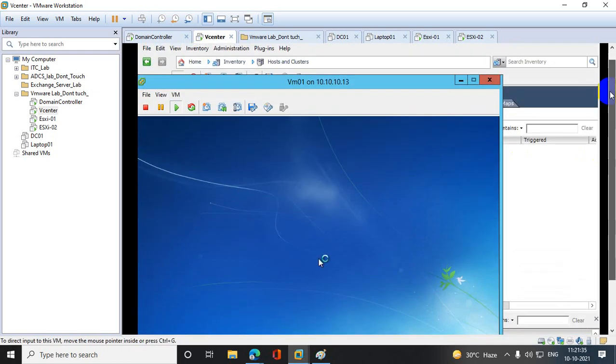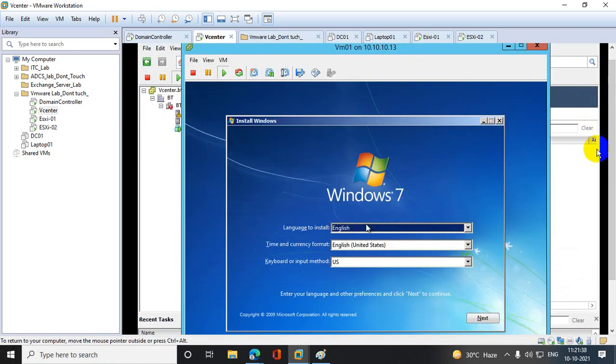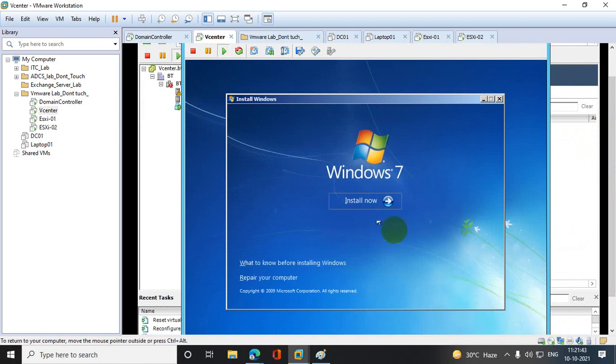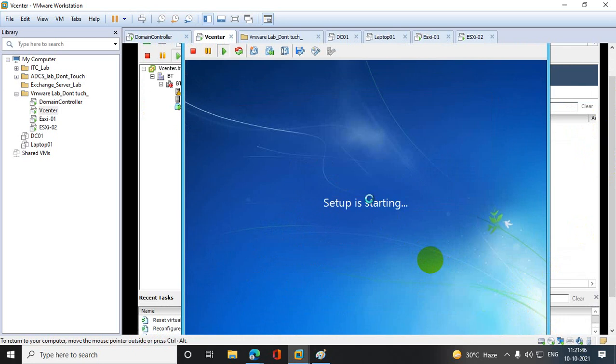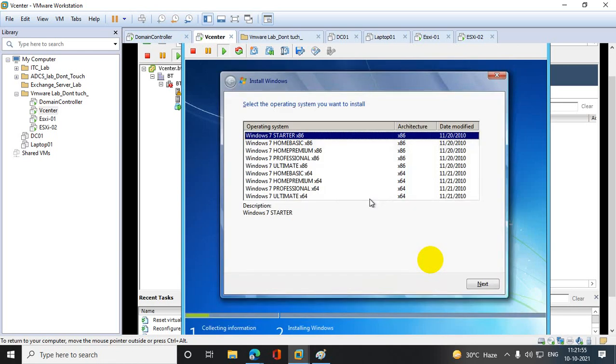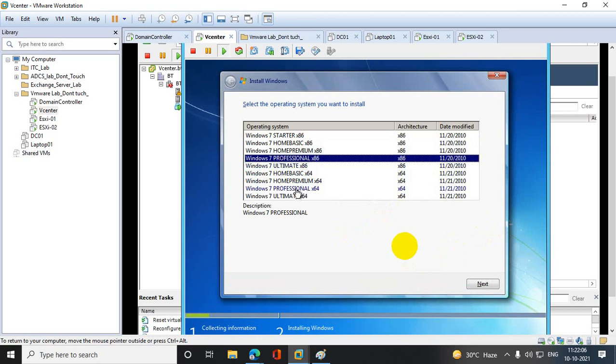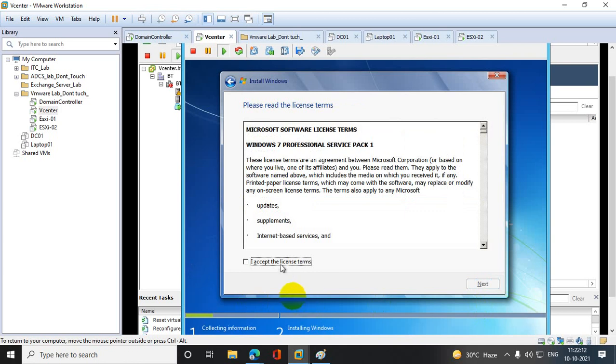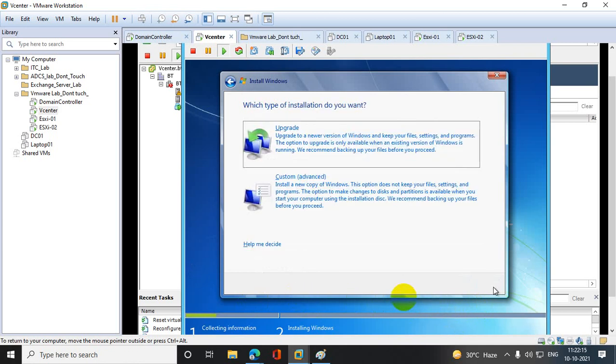Let's wait a couple of minutes to install it. Is that clear to everyone? I am installing Windows 7 on this particular virtual machine. And where am I getting this ISO from? I kept that Windows 7 image in the NFS folder. From there I have mounted it and connected the drive after power on. Clear? After installing this, I hope the RDM option will be enabled, because I hope it is available on this particular free license.